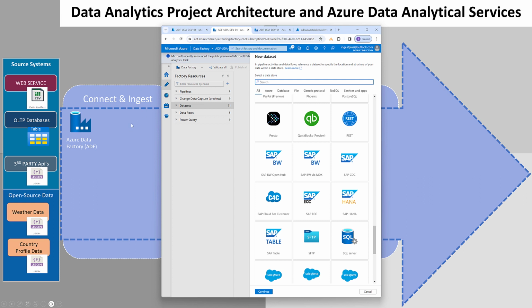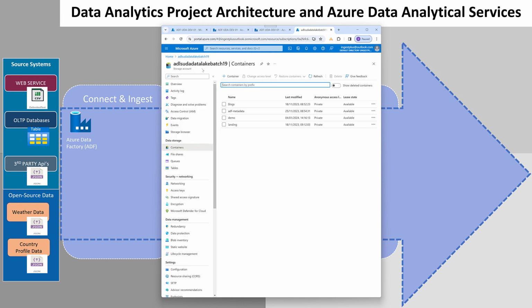Again, if you look at the storage service, it needs to be able to store different formats of the data, because not only one type of file will come, there will be different types of data formats, and we need a service that can store all the types of data coming from multiple source systems. For that we are going to use the Azure Data Lake Storage Gen 2 service,